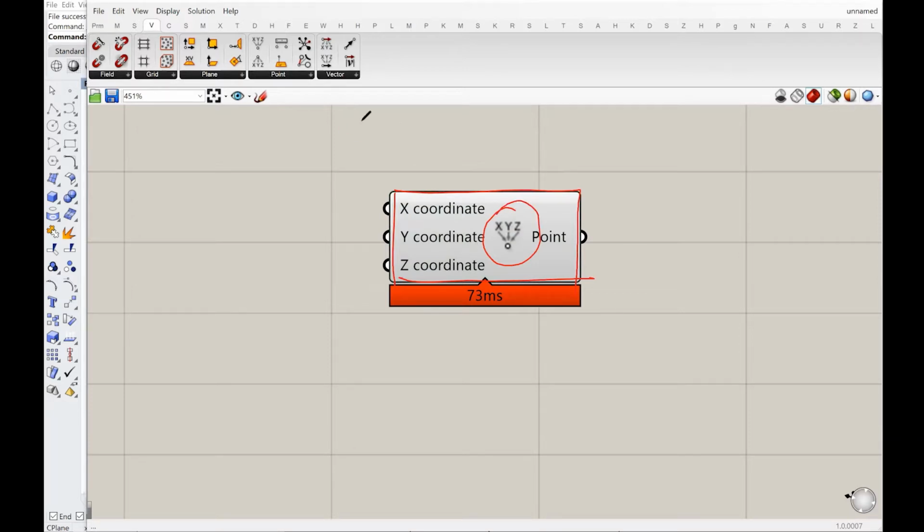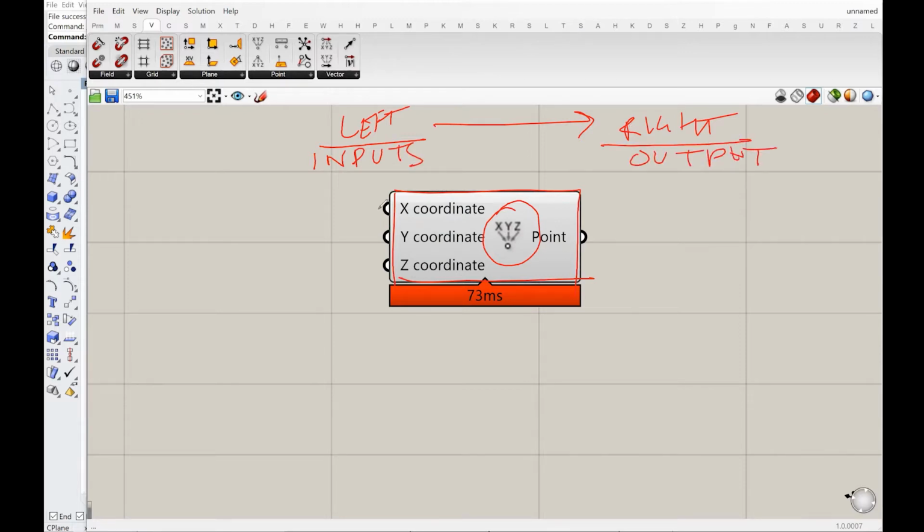On the left hand side, what you see, you have a left and a right, and everything goes from left to right in a visual coding language. Anybody who's familiar with coding would know that the computer reads information from left to right, top to bottom. It is pretty much the same rule followed here. And this command makes a point. So this is like an algorithm in itself, which is a set of instructions. On the left hand side, you have the inputs, and on the right hand side, you have all the outputs.